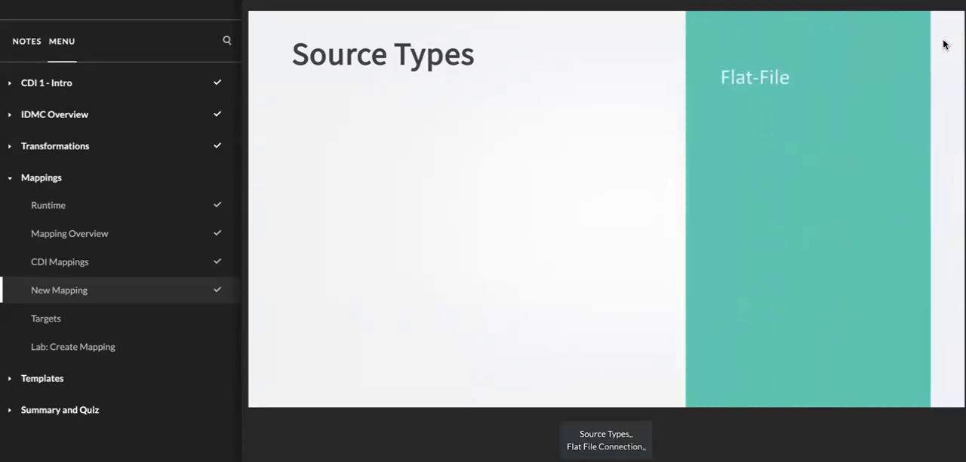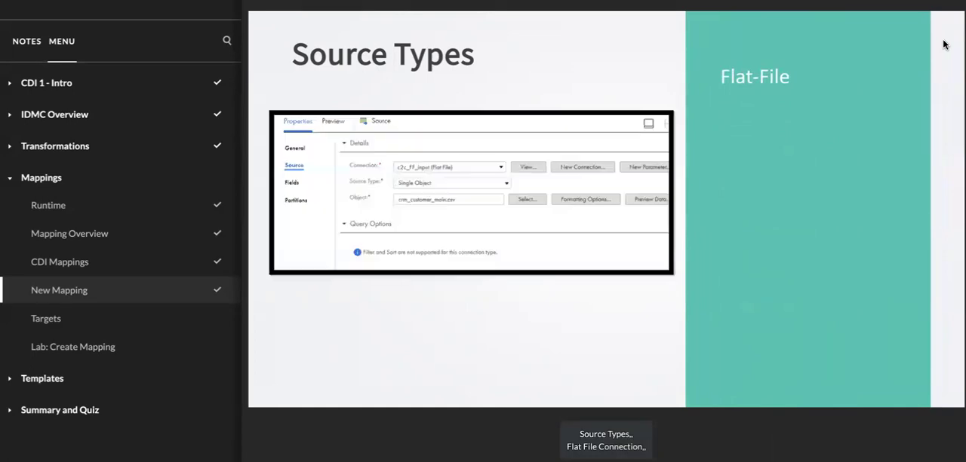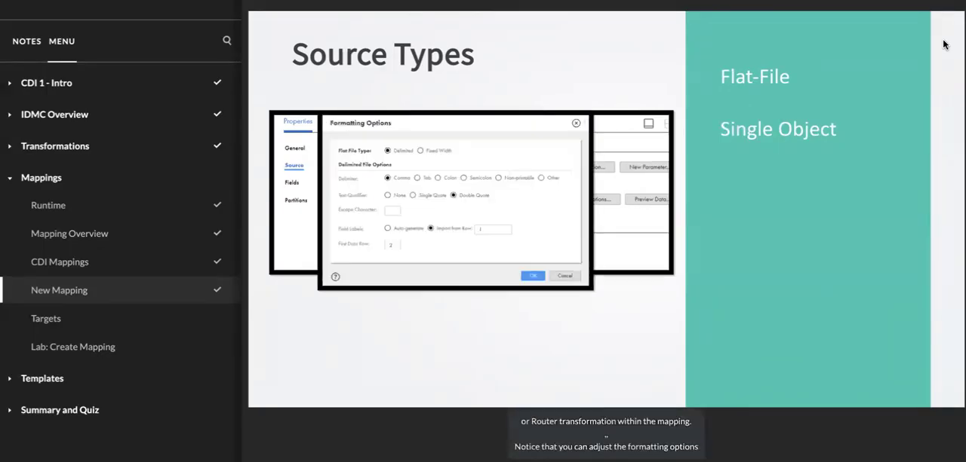Source types: flat file connection. If the source type is a flat file single object, the query options section will be disabled. If you need to filter data from a flat file source, you would need to use a filter or router transformation within the mapping. Notice that you can adjust the formatting options of the flat file source. This will allow you to declare options like the delimiter, escape character, auto-generate field names, or import names from a